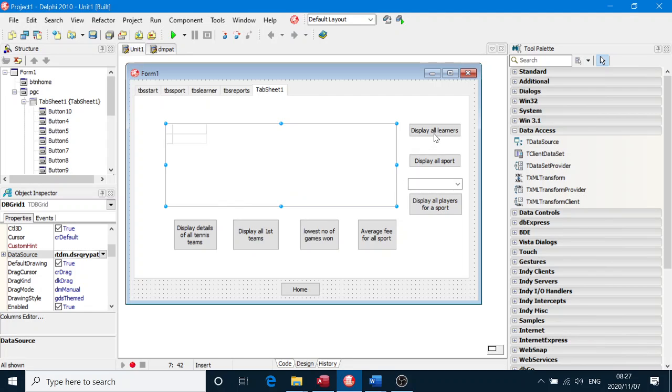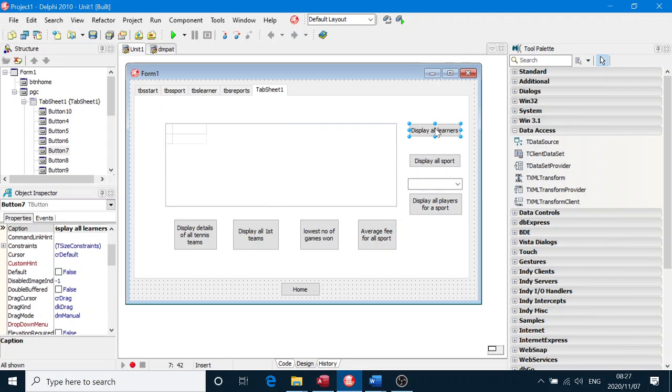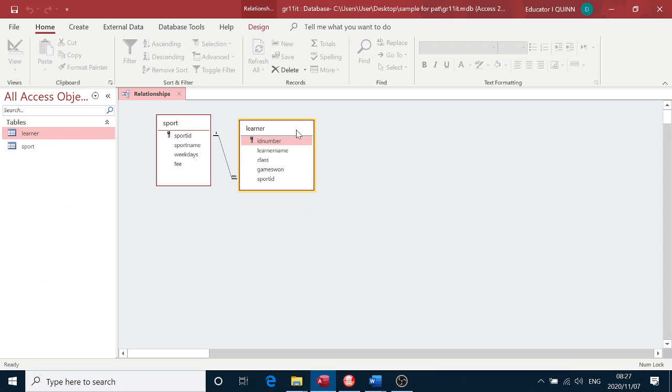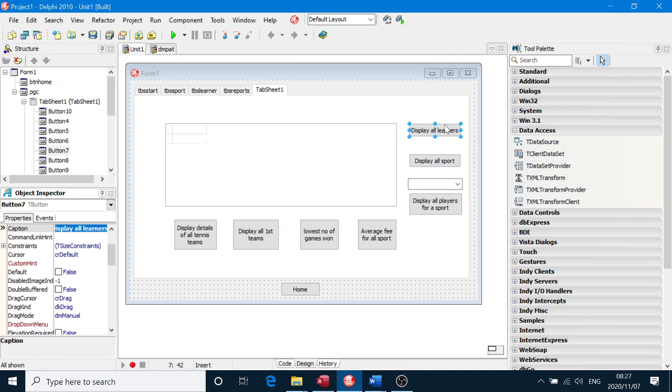So we're going to do our first query. I've put some buttons here. We're going to fill all these buttons up with queries. This one is for displaying all learners. You must remember what your database looks like. There's your learner table, this one is just an example. Here's the sport table, there's the learner table, and for displaying all learners,